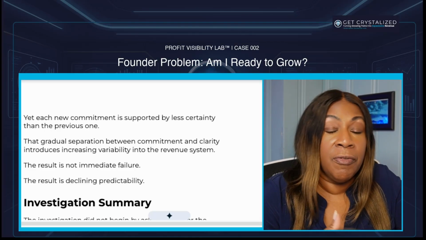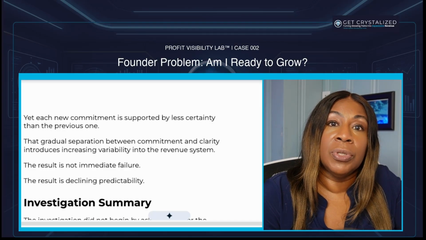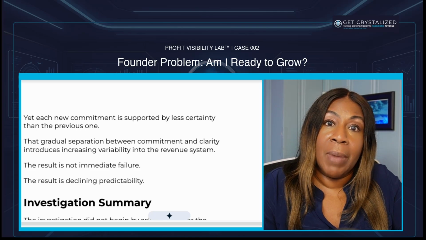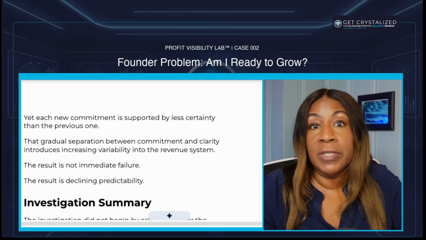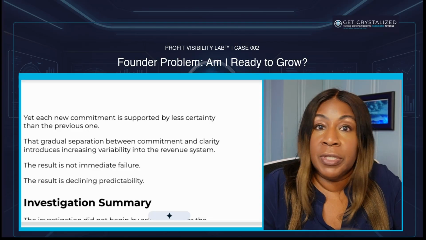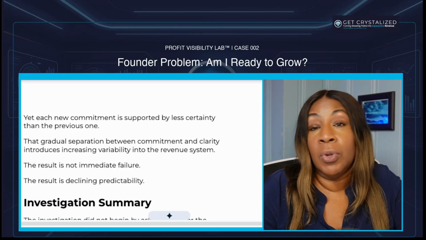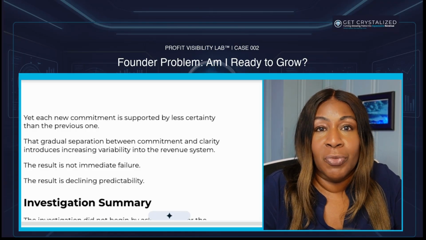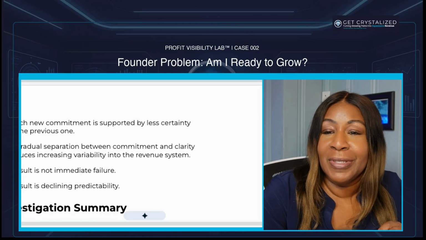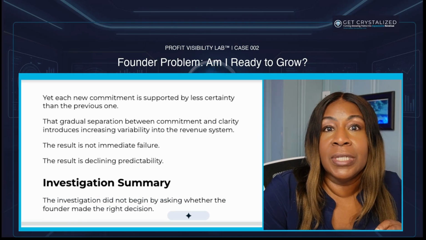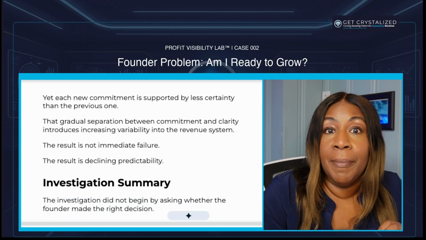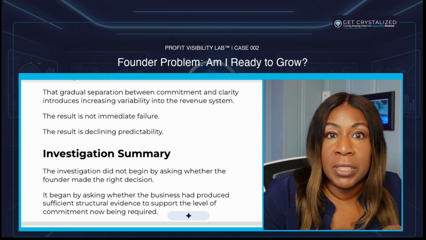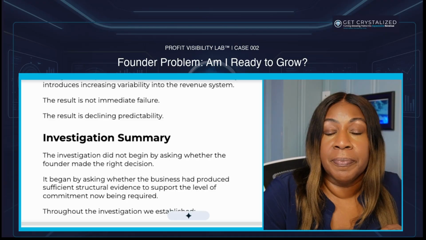For example, if that opportunity is not one that you're generating based on what you define as the operating model for your business, it's kind of a one-off that's great and huge and has a lot of prestige, but it's not aligned with your operational delivery model, that will mess you up. So the result is not immediate failure. It's not going to happen overnight, but one day you'll sit up and say, oh my gosh, how did that happen? It's because of this declining predictability.